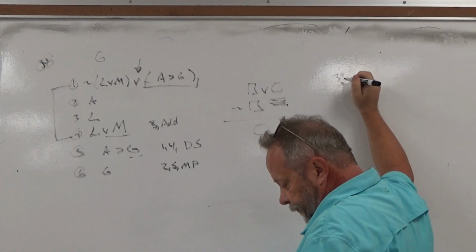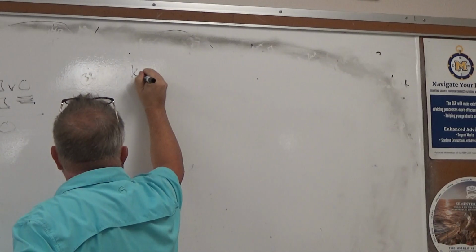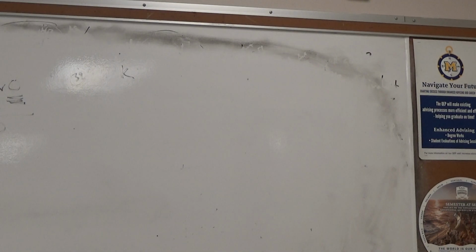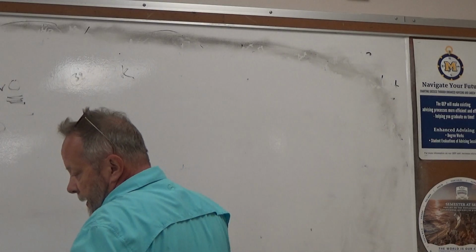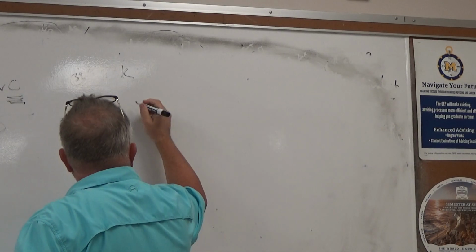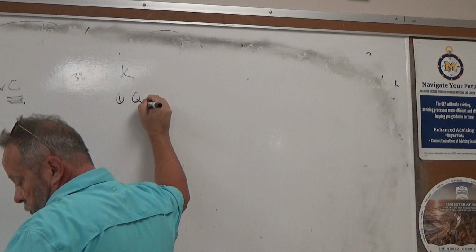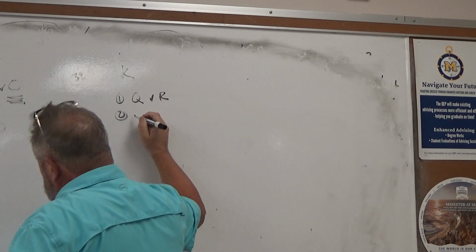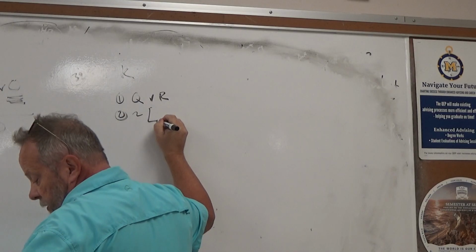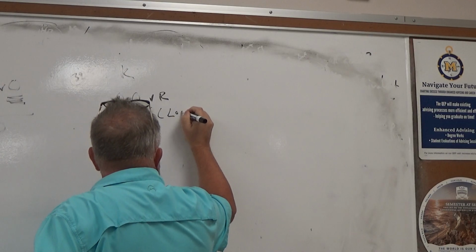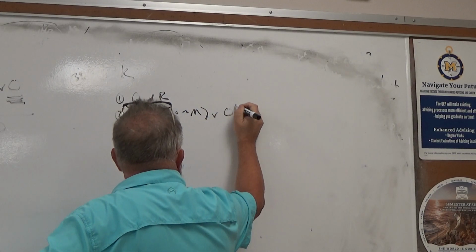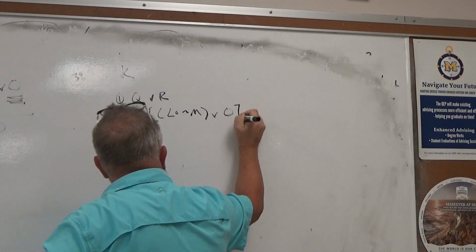39. Prove K. What do we have to work with? We have Q or R. We have not, and some big monstrous thing, L and not M or O or